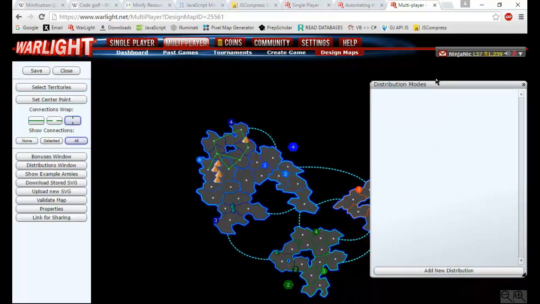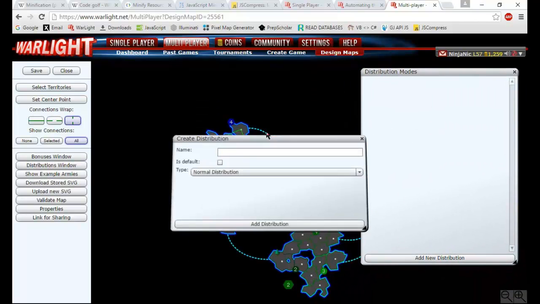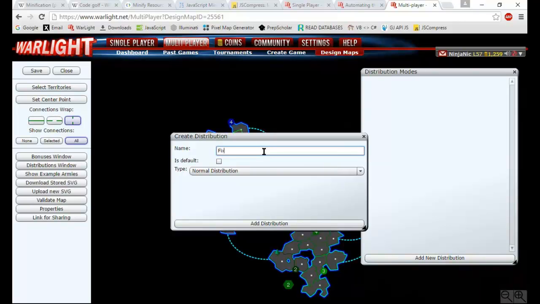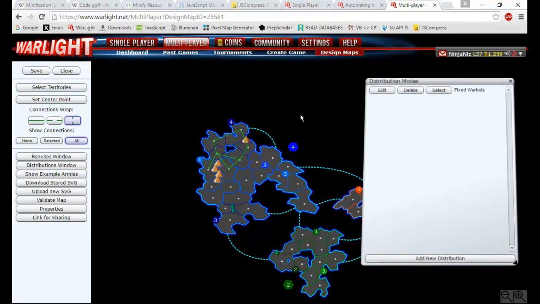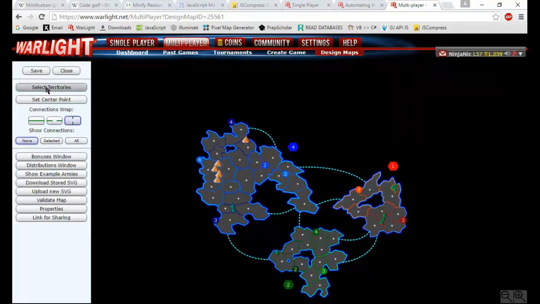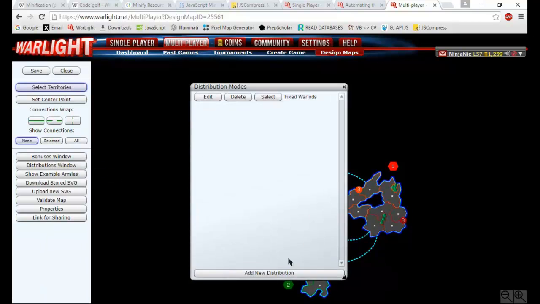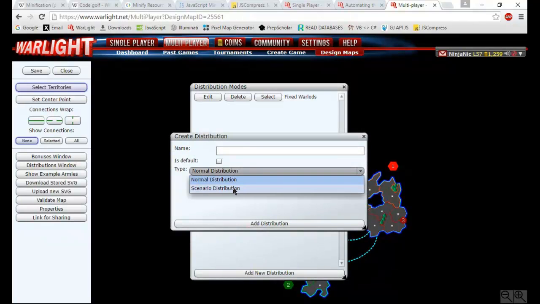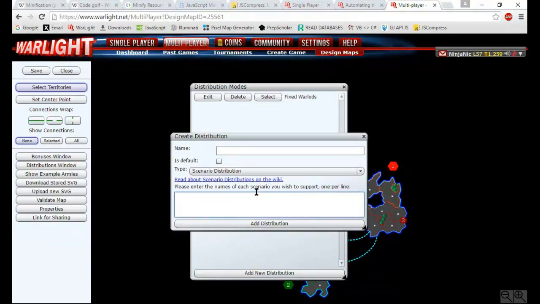Distributions is another important thing. Add a distribution, you could just call it fixed warlords, or whatever you want. You can make it default or not default. A normal distribution, all you do is just select a few territories and just add them to fixed warlords. But for example, if you created a scenario distribution, well, you probably all know about that anyway, but in case you don't,